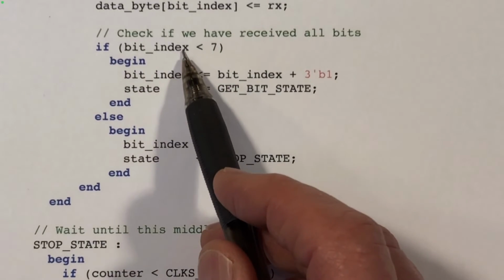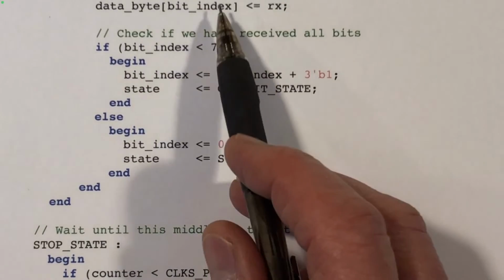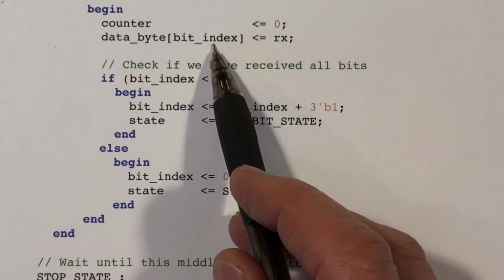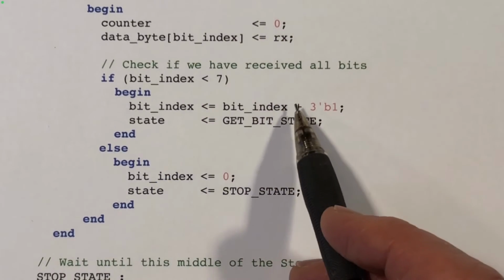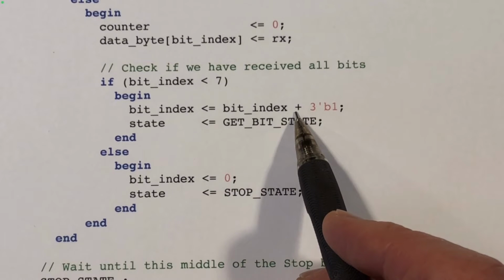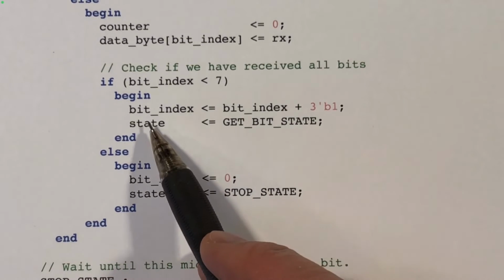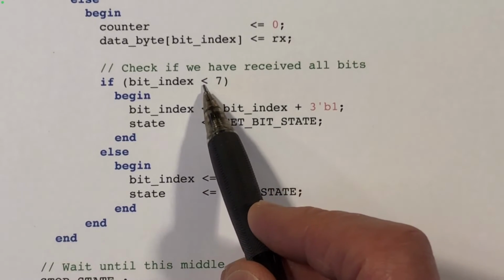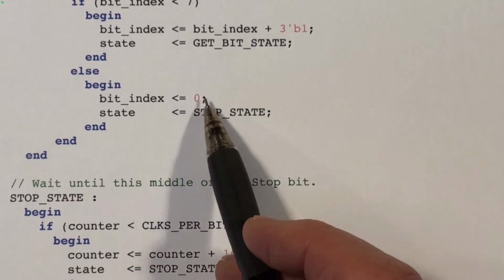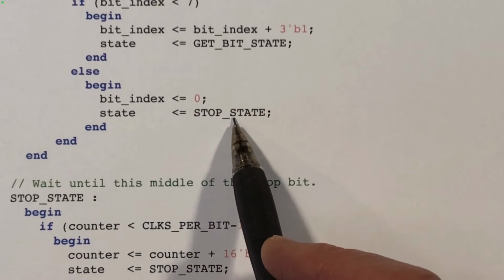Okay, we look at the current value of the bit index, and if we just stored it into 0 through 6, that is less than 7, then we will increment the bit index register and stay in the same state. On the other hand, if bit index is now 7, then we can reset it and move to the stop